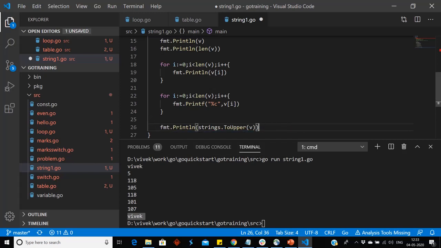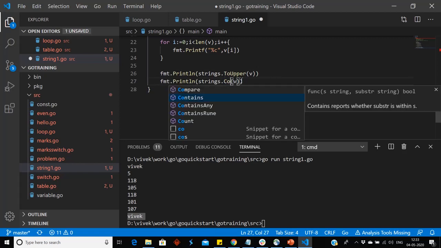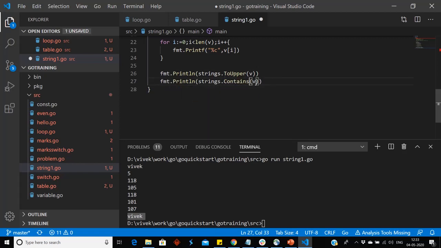We want to check if a string contains a substring or not, so we will use the Contains function. We will give the string and substring.